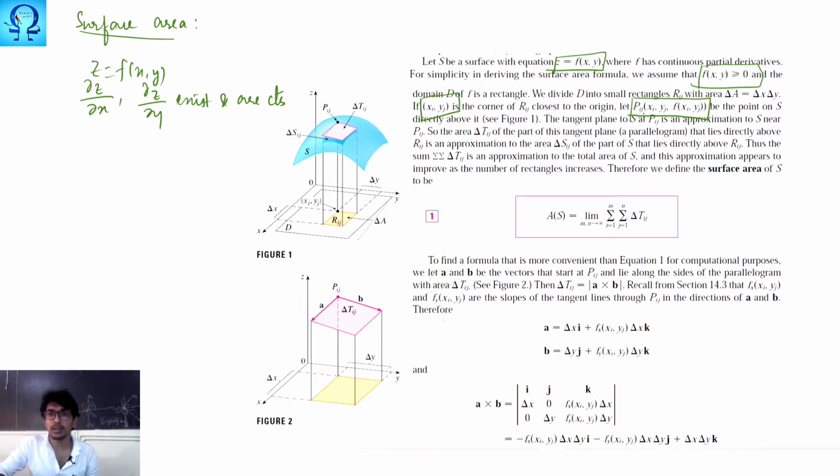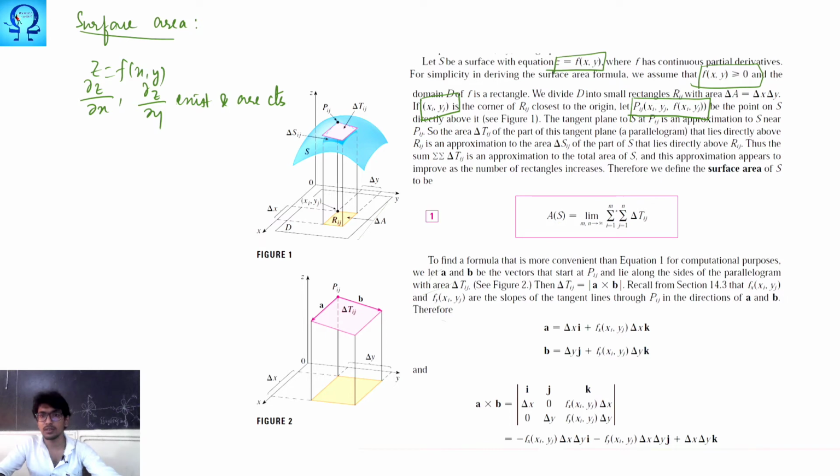So the tangent plane at this point is an approximation. The area of the part of this tangent plane lies above the rectangle. So what we do is take very small rectangles in the specified region R, and to each rectangle we identify some tangent plane, and take the area of the tangent plane. When your rectangle is very small, the area of the tangent plane is also going to be very small. So with the help of the area of the parallelogram, we are going to calculate the surface area. That is how we do things.